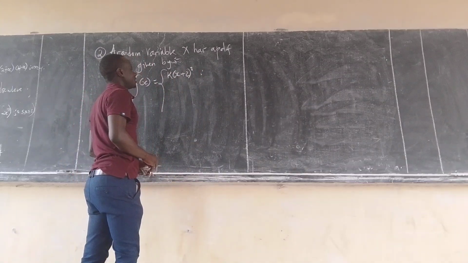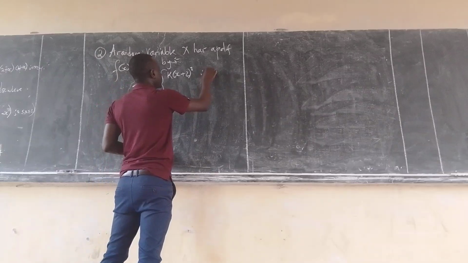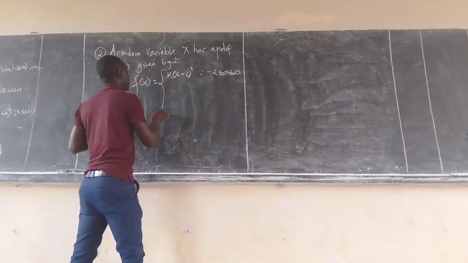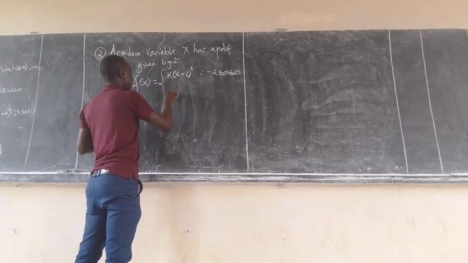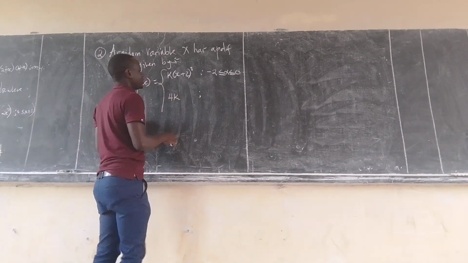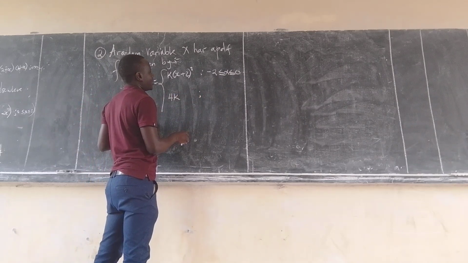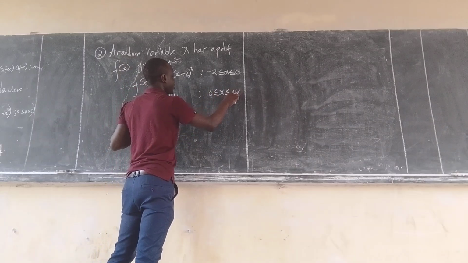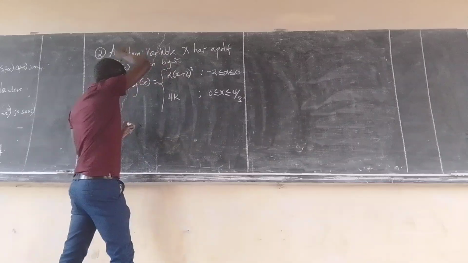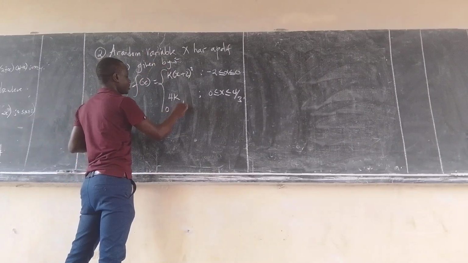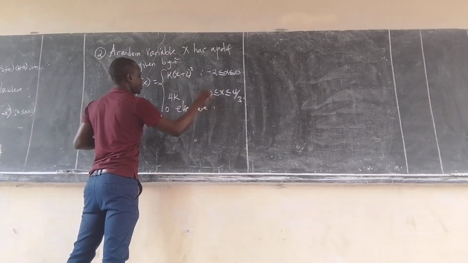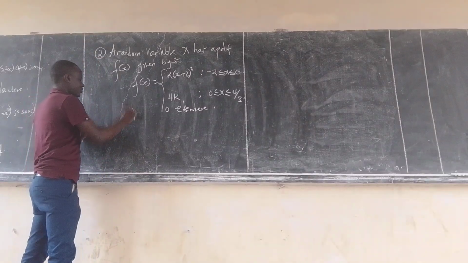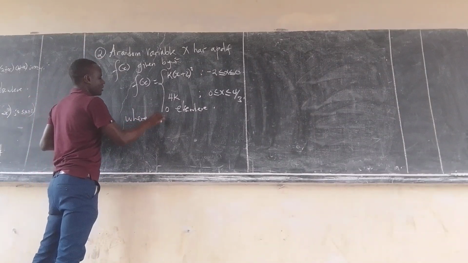That is when x lies between negative 2 and 0. It is 4k, that is when x lies between 0 and 4 over 3, and it is 0 elsewhere. So if it is like that, where k is a constant,